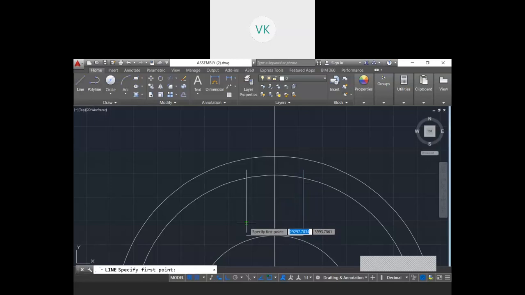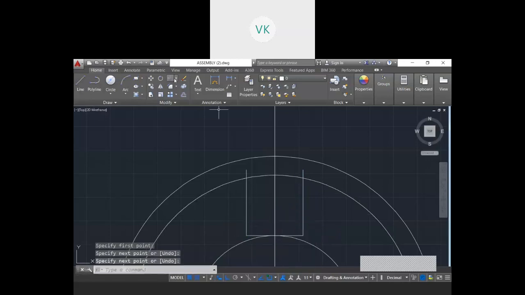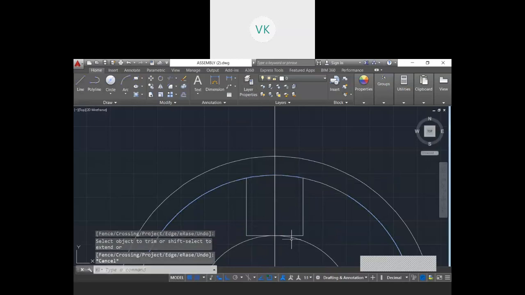So this leftward line I will draw. So I will trim this part. Okay. So this is my pole width as well as pole height. Now within this I need to do a pole shoe. Within this I need to do a pole shoe also with this width only. So now the pole arch was given.